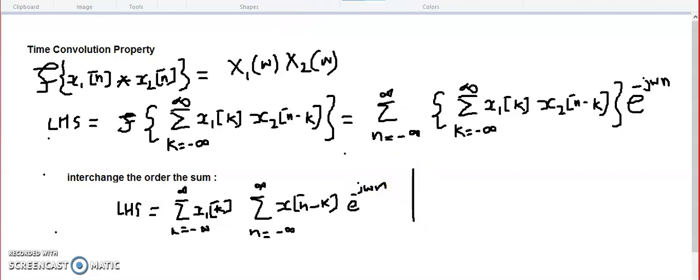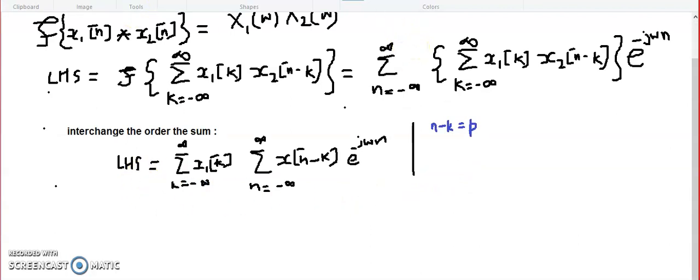If we put n minus k as another dummy variable, let us say p, then this thing will change to summation k changing from minus infinity to infinity, and x1 k will come here, and because we have changed n to p, it will be summation p changing from minus infinity to infinity,